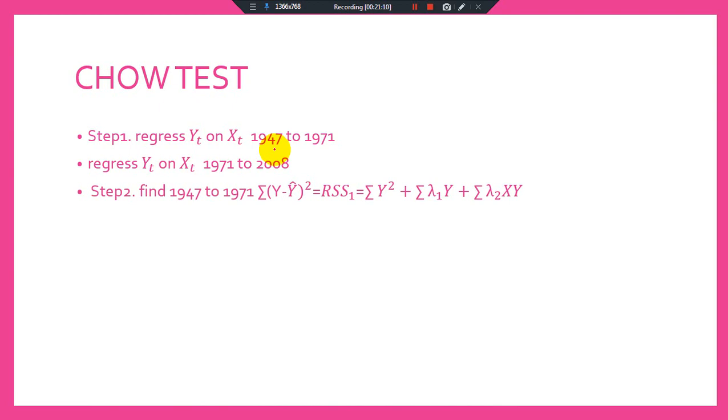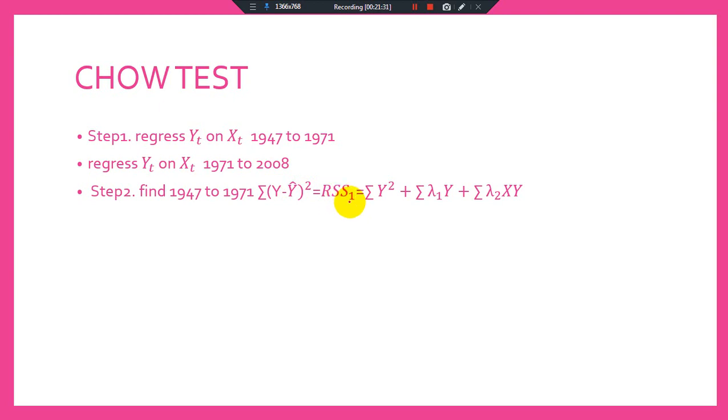Step 3, and then find the residual sum of squares for the period of 1947 to 71, and the formula for the residual sum of squares is summation of yt minus y hat squared,